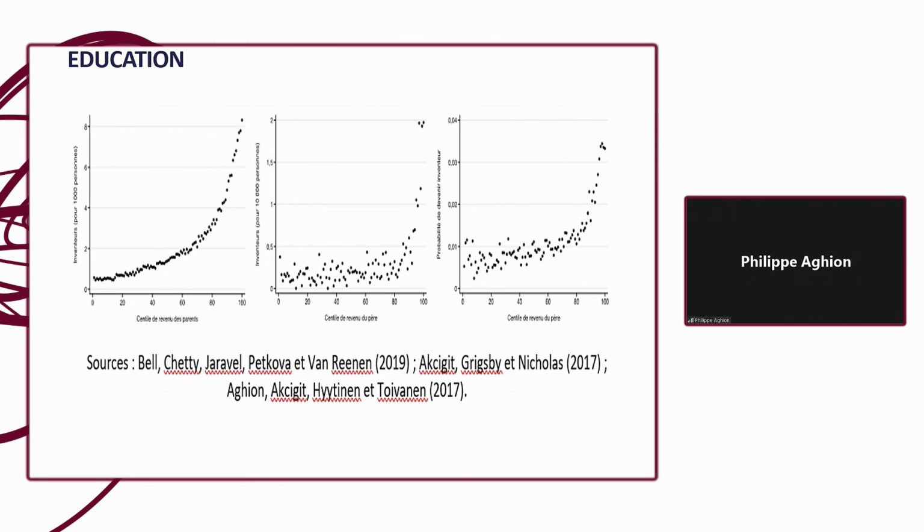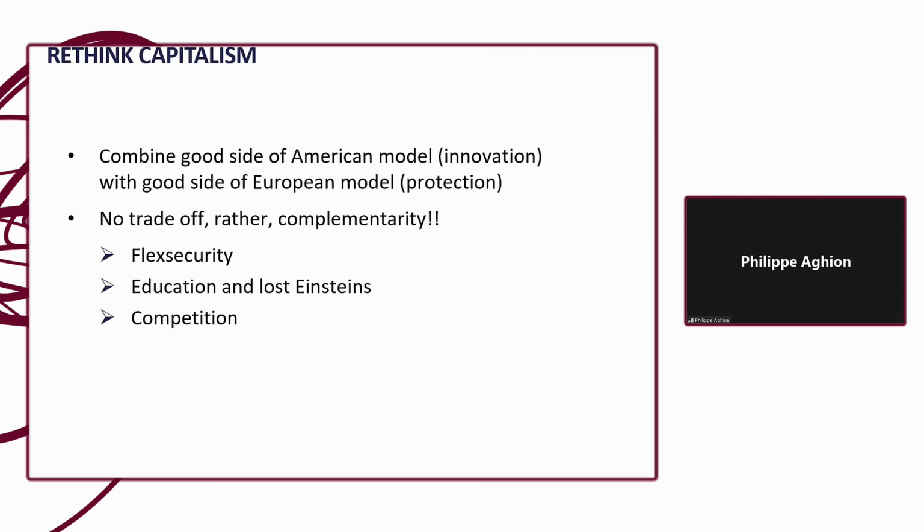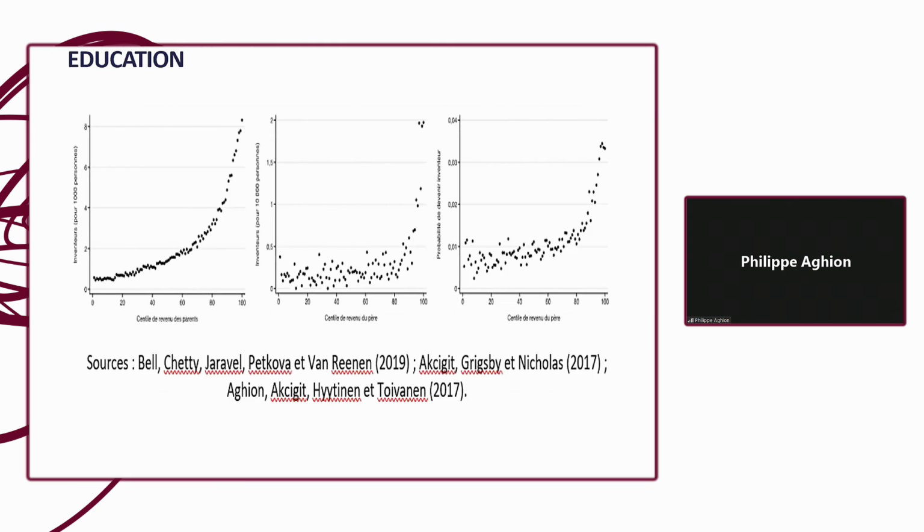And now if you move to the current education system in Finland, this kind of education system, high quality and very inclusive, you will make the economy much more innovative because many more people can become innovators. But you also make growth more inclusive because more people can enter the growth process. So here education is also a policy that makes you both more innovative and more protective. And finally,